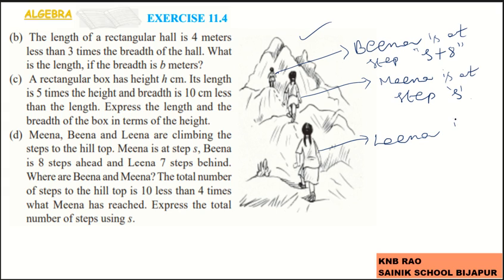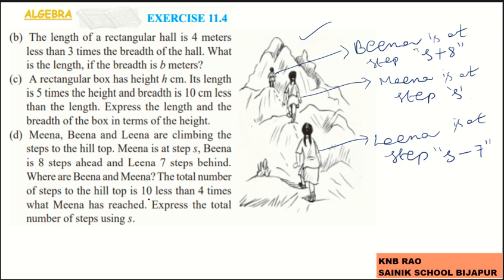And Leena is at step number, to s I have to subtract 7 because she is behind. Where are Beena and Meena? The total number of steps to the hilltop